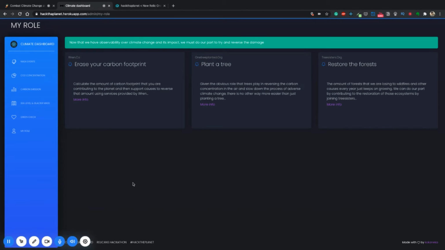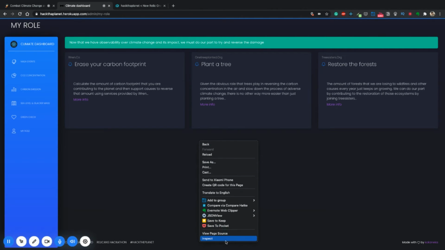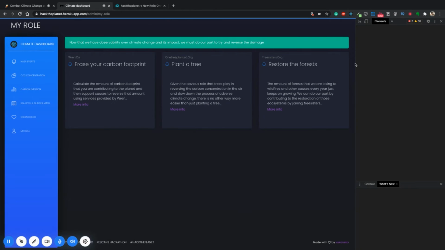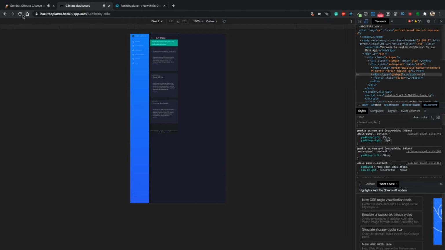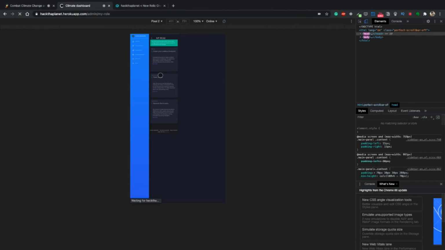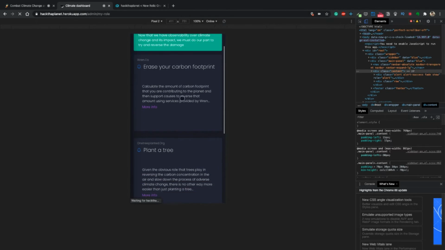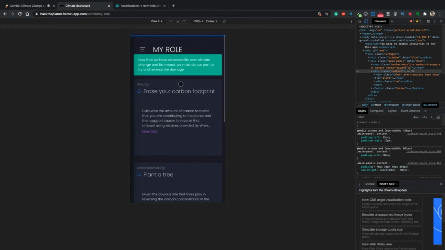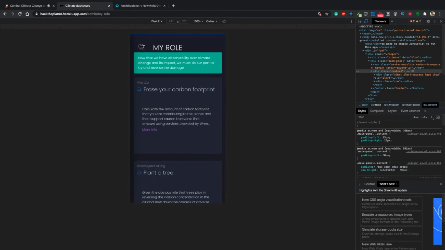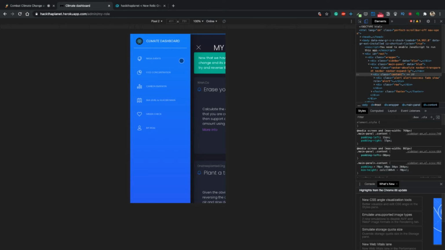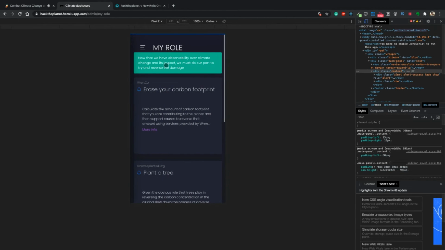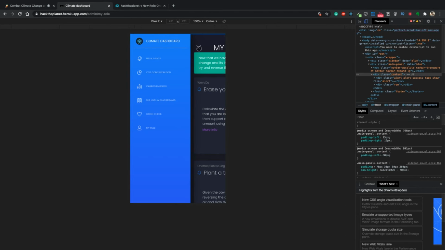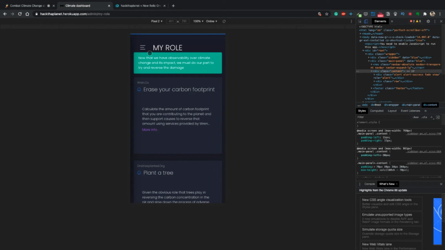Another thing worth mentioning here is that this entire application that I have developed is completely mobile friendly. If we click inspect and go to the mobile view, let me refresh, we see that it is completely compatible with the mobile layout. The nav bar nicely goes behind on the left side, and then we can toggle it using this button.